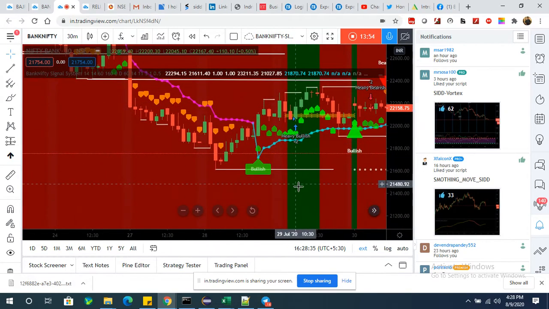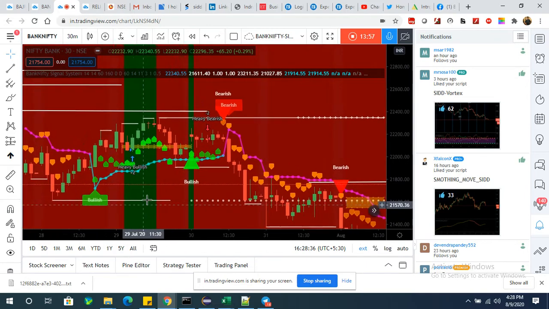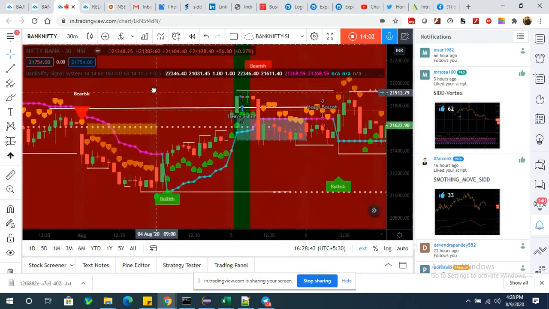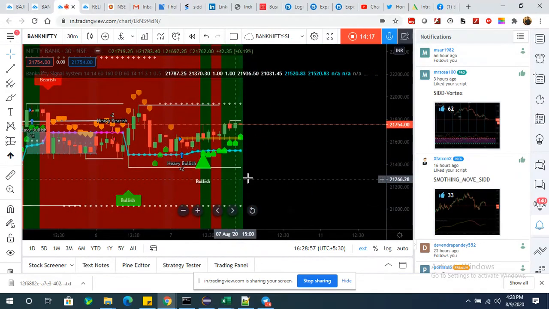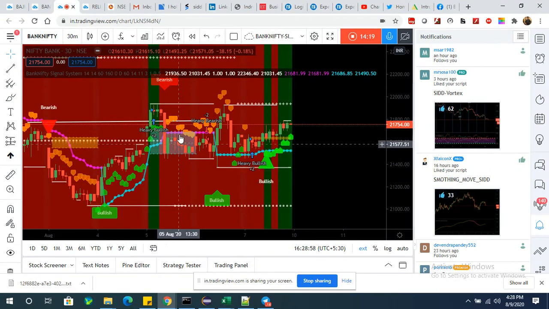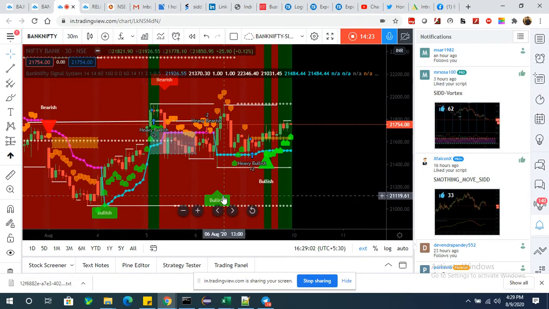See, this is flat, so sideways area, flat sideways area, because there is no direction upside or downside, it will be limited to one point upside and one point downside, and from there it will roam up and down. So you see that this is also sideways, this is also sideways.